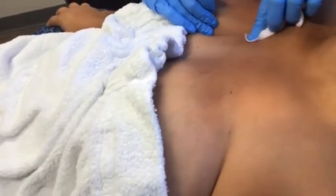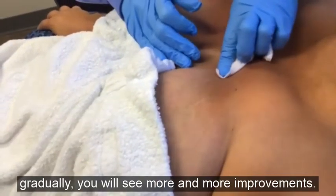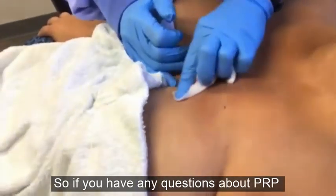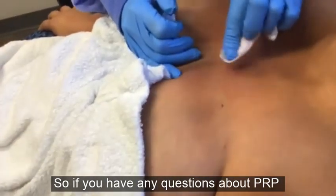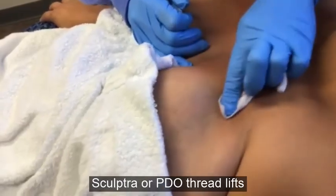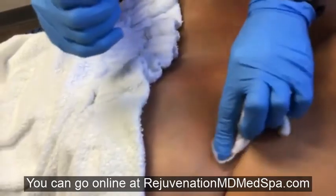Gradually you'll see more and more improvements. If you have any questions about PRP breast lift, either with PRP, Sculptra, or just PDO thread lifts,